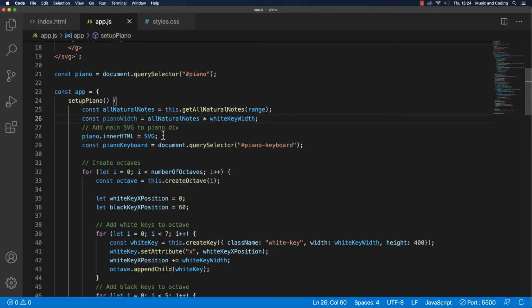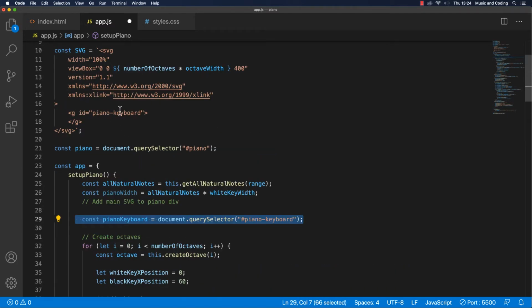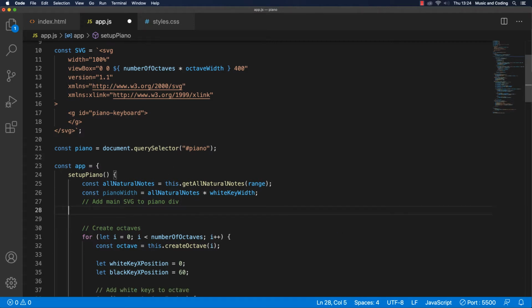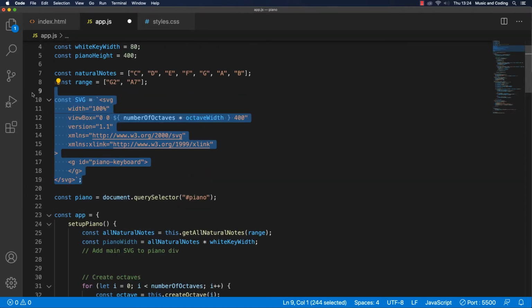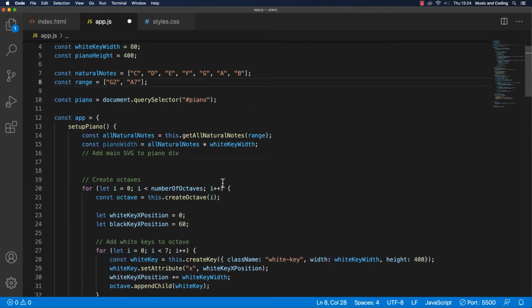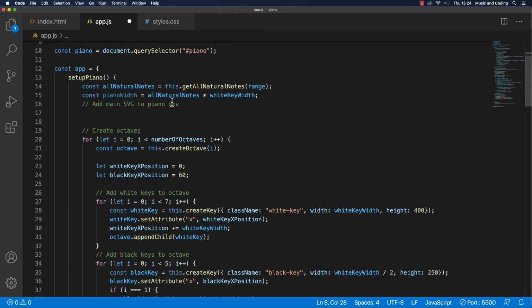We can go ahead and delete this one. We also don't need this piano keyboard, which actually refers to this one in here, because we're just going to stuff everything directly into the SVG. And then we can also get rid of this. So let's see. Of course, right now it's not going to work, but after we create our piano width here,